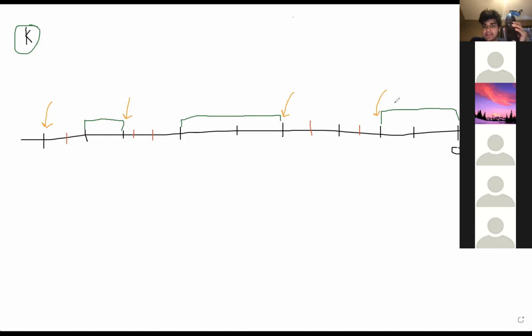Okay, so what's the complexity of this solution? Any ideas here? Right, so the first thing we have to do is basically find, well, there's two things that we have to do, right? We need to find,